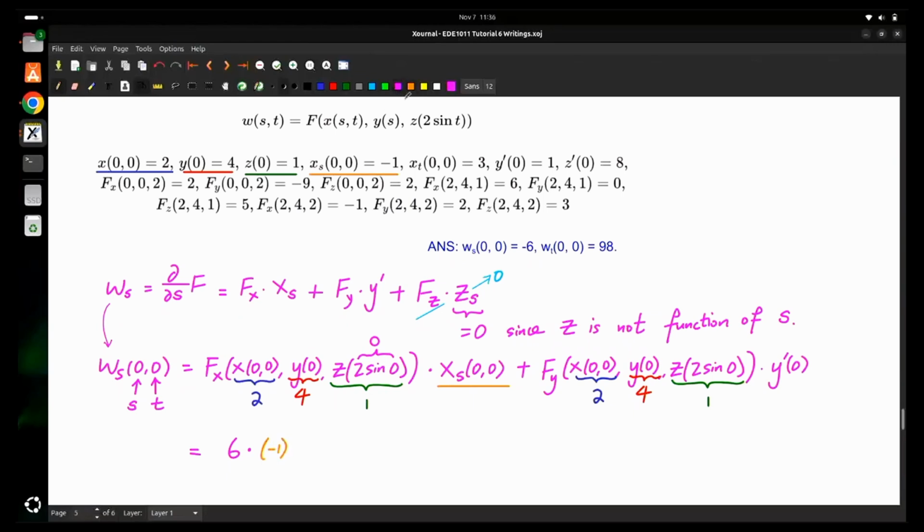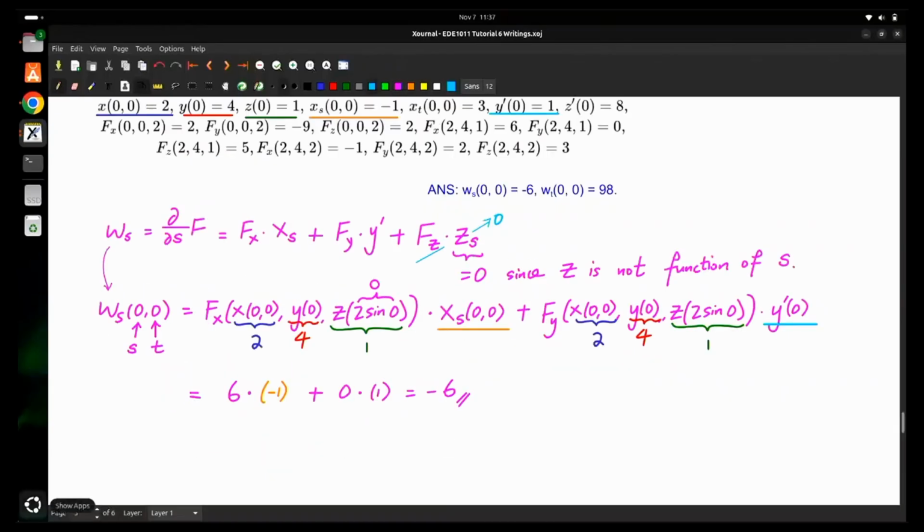Then you have a plus F sub Y at (2, 4, 1), which is this one, 0. Then, of course, multiply by Y sub S at (0, 0), which for completeness is 1. So the answer is minus 6. Any objections? Okay, then what about the